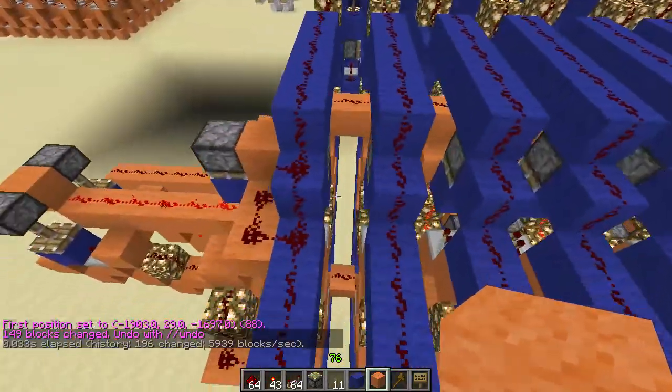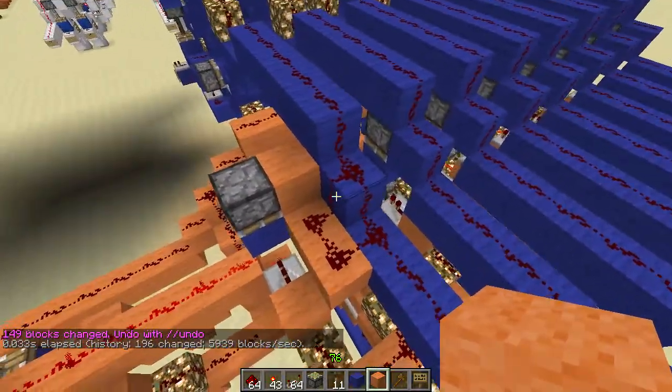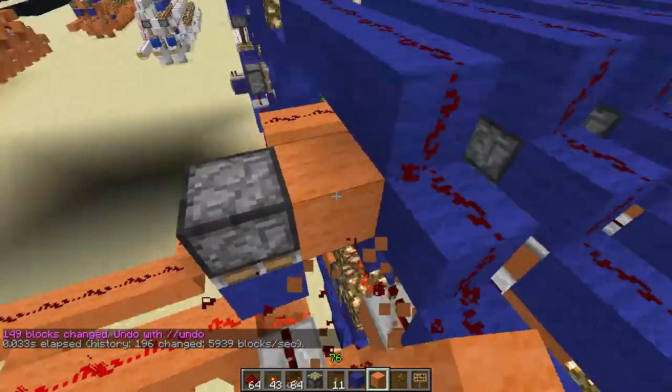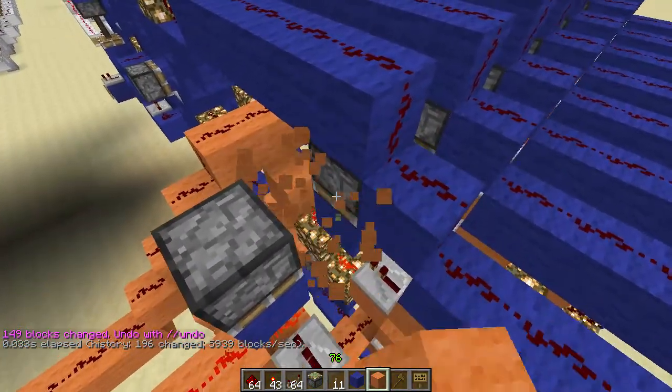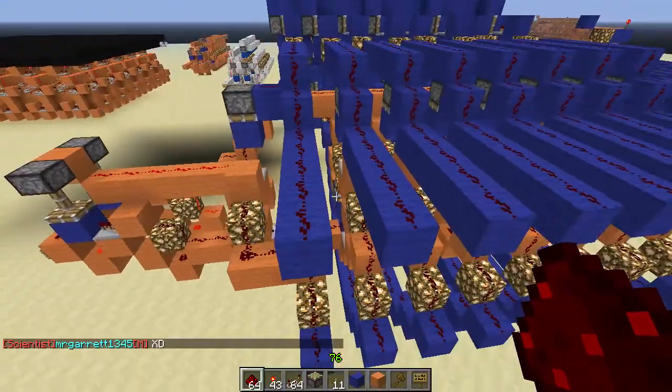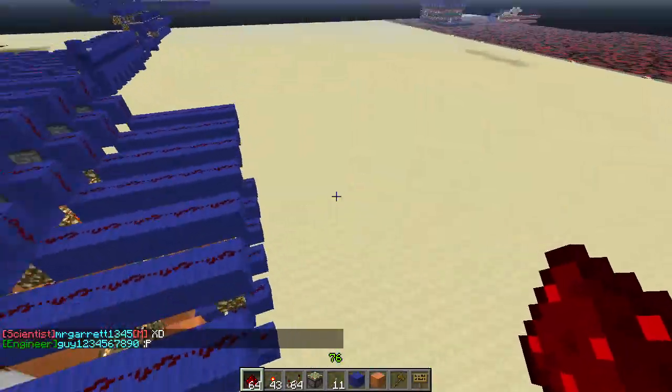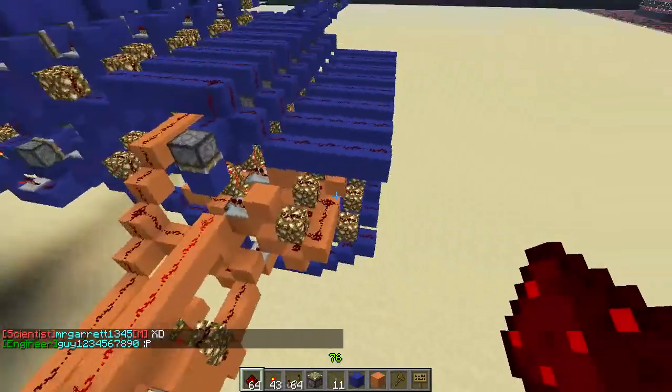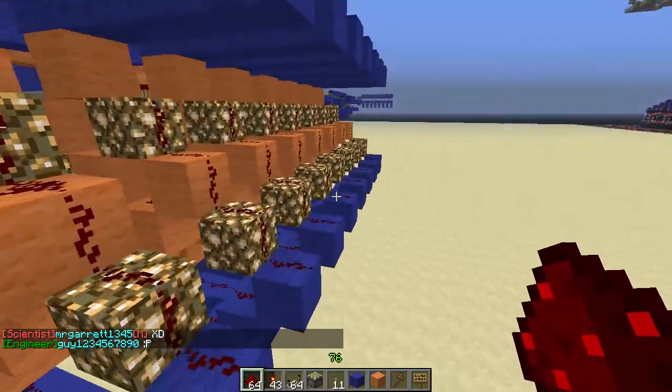There we go. And then on this one, there we go. Easy enough. Yeah, we have to have enough room for my dual read memory, which I believe has